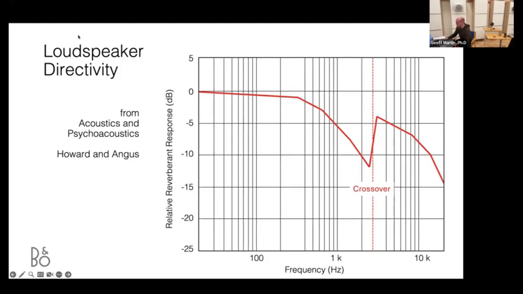And this is from Howard and Angus's book from, again, about 20 years ago or so. In the very low end, where you have a low frequency signal that is radiating omnidirectionally, then you have basically as much reflected energy as direct energy. And as that woofer starts beaming more and more as you go higher and higher in frequency, then you get